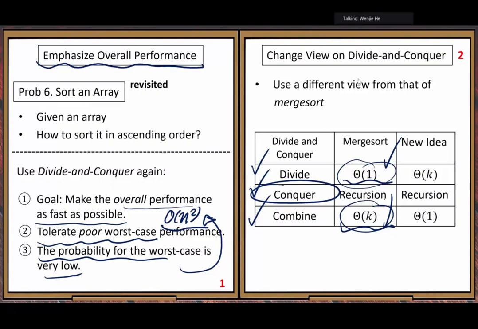If you make the divide step very fast, then you have to do more work at the combine step. If you want to make the combine step very fast, you have to do a lot of work at the divide step. So our new idea: we want to make the combine step very fast, big theta of 1, but we are willing to do more work at the divide step, big theta of k.